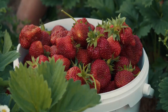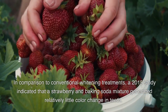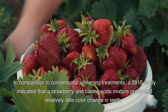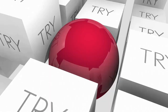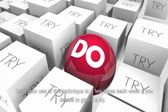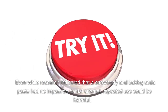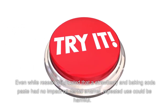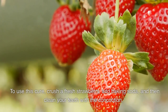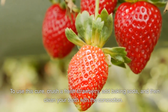on your teeth. In comparison to conventional whitening treatments, a 2015 study indicated that a strawberry and baking soda mixture generated relatively little color change in teeth. Limit your use of this technique to a few times each week if you decide to give it a try. Even while research indicated that a strawberry and baking soda paste had no impact on dental enamel, repeated use could be harmful. To use this cure, crush a fresh strawberry, add baking soda, and then clean your teeth with the